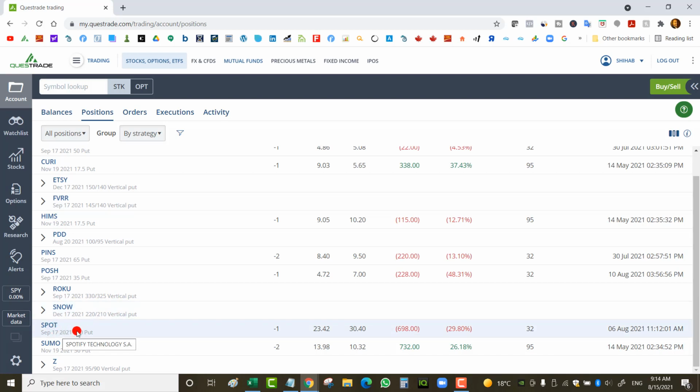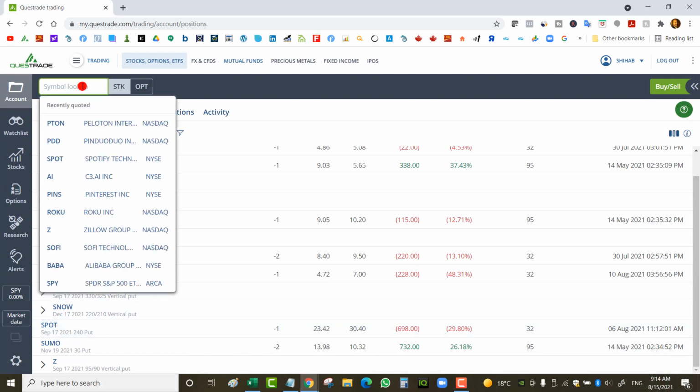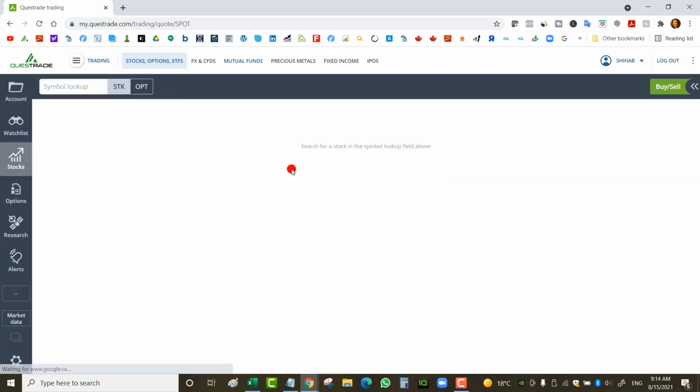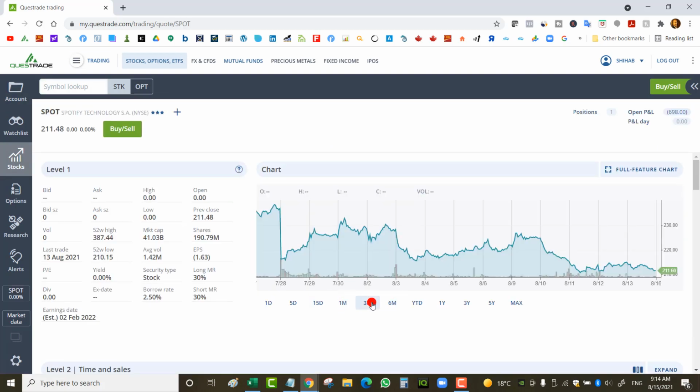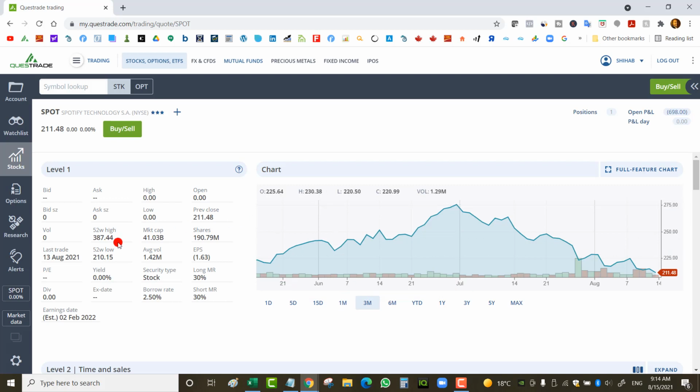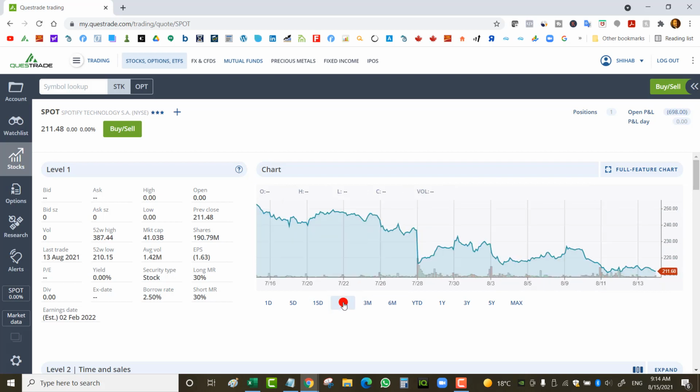Next here, I've got the famous Spotify that's completely annoying me. I've got a 240 put, and for some reason Spotify just keeps dropping. Let's look at this chart here. I don't know why it just keeps dropping. At some point its 52-week high was 387, and now it's all the way down to 211. It just keeps dropping. Look at this beautiful downtrend. Eventually, I'm pretty sure it's going to reverse, but while I'm holding on to this put, it's definitely hurting my